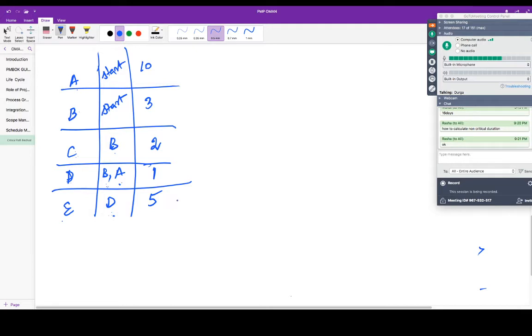Now how are we going to find out? Before that, I'm going to tell you the notation of an activity in general. When you are showing an activity, use a circular node. Don't use any rectangular node in the examination. Use a circular node, which is very easy to draw, quick and flexible. If you are drawing a circular node, you have to place the activity inside the node.